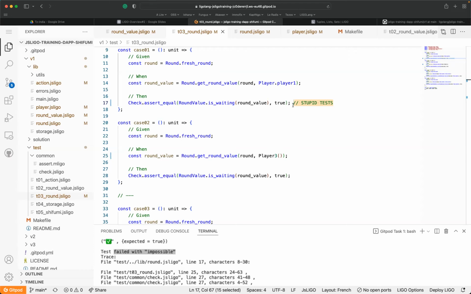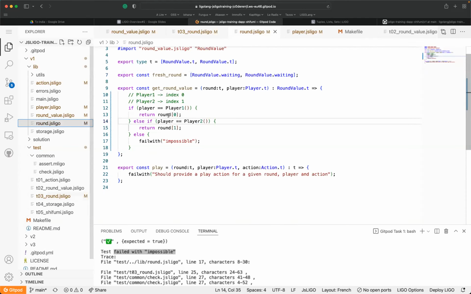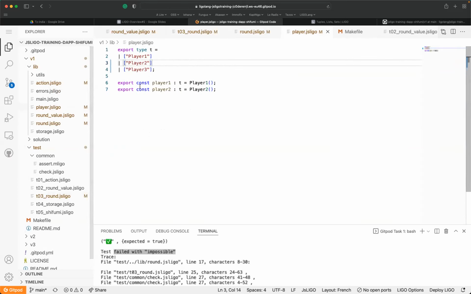You should always use what we call the idiomatic construction of the language. So if you want to test a variant type, you should mainly use the match operation, not the isn't and so on. This one is not the good one. Okay, so just go back to the player 3 and remove it.